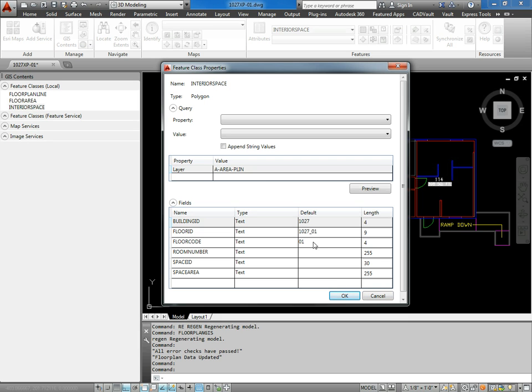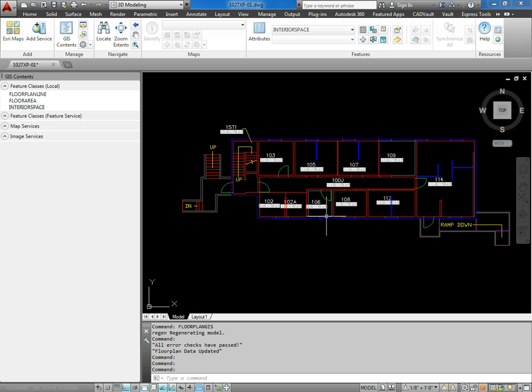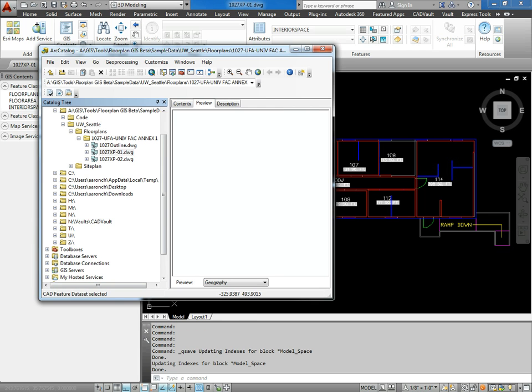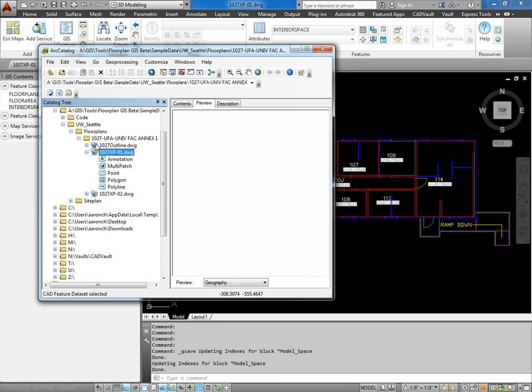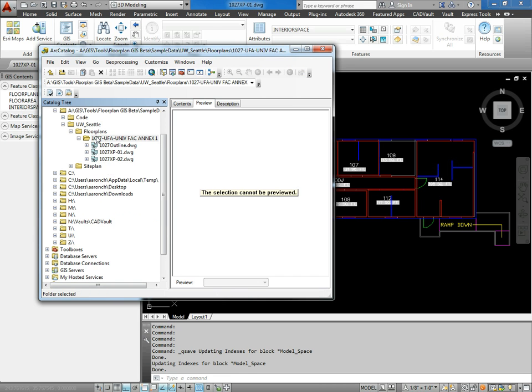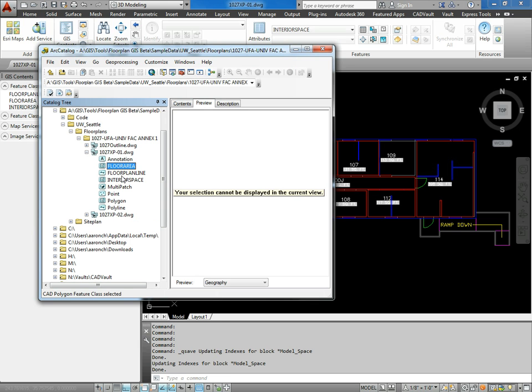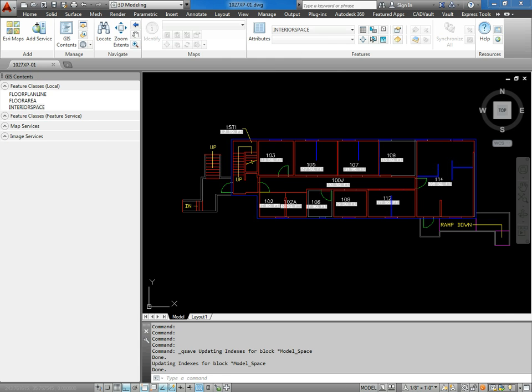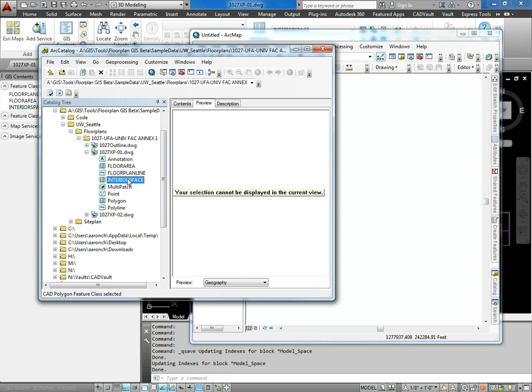So this also has data pre-assigned, but there are some that are created per object. So each room has its own data that needs to be assigned, and that's all done through the code. So once that is done, I'll go ahead and save that. Let's jump back over into our catalog, and I'll need to refresh my drawing. And now I can see I've got new feature classes. So if I look at my interior space again, apparently it's having problems rendering that, but we will bring that into ArcMap. Let's bring all 3 of these